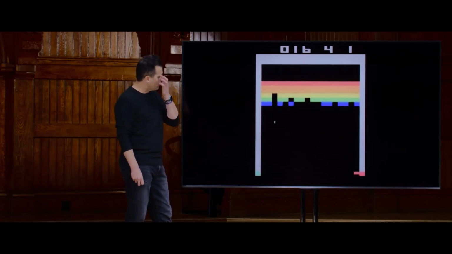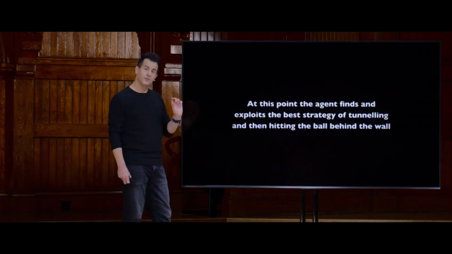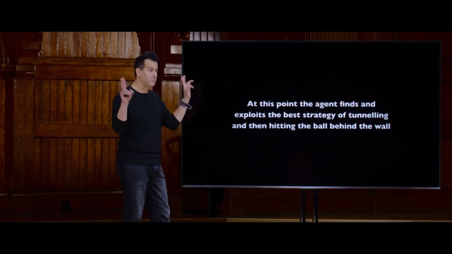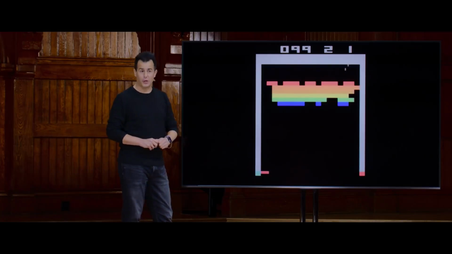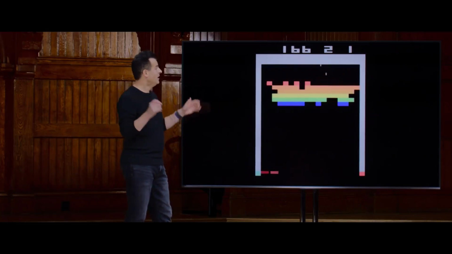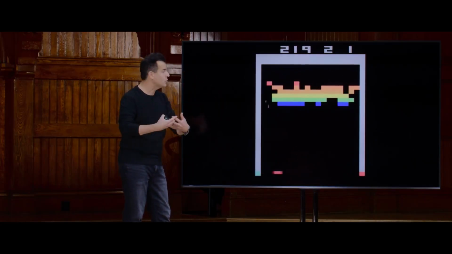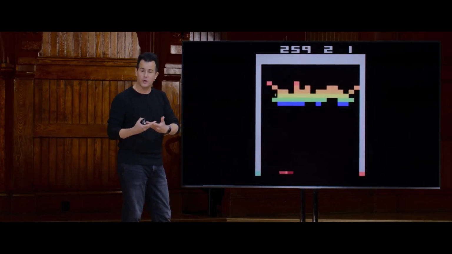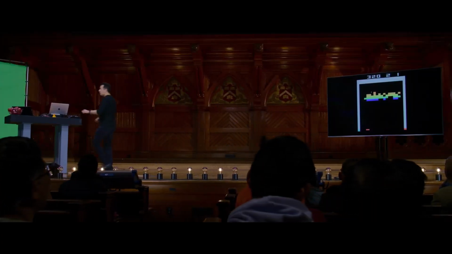But here's where the algorithm gets a little creepy. If you let it play long enough, or if you and I, the humans, play long enough, you might find a certain trick to the game. I dare say the AI becomes a bit scarily sentient in that, turns out, if you're smart enough to break through that top row, you can let the game just play itself for you and maximize your score without even touching the ball. Something that I do find a little creepy, that it just figured out how to do that without being told. But it's just a logical continuation of rewarding it for good behavior and punishing it for bad behavior. So next time you have an occasion to play Breakout, consider that kind of strategy as opposed to doing more of the work yourself. Let the computer do it for you instead.